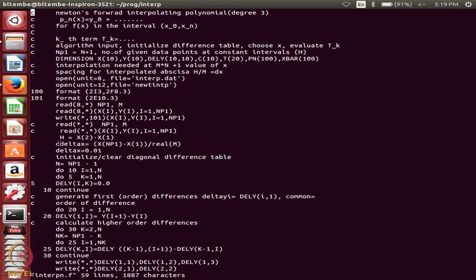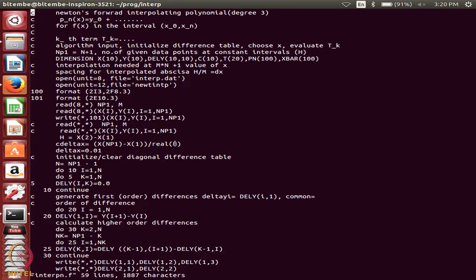And now, I want to determine at how many points I want to interpolate. Remember, I had read m as the number of points at which I want to interpolate. So, how do I get the values for the x? The delta x will be the final value of x minus the first value, divided by real m. What is the meaning of real m?